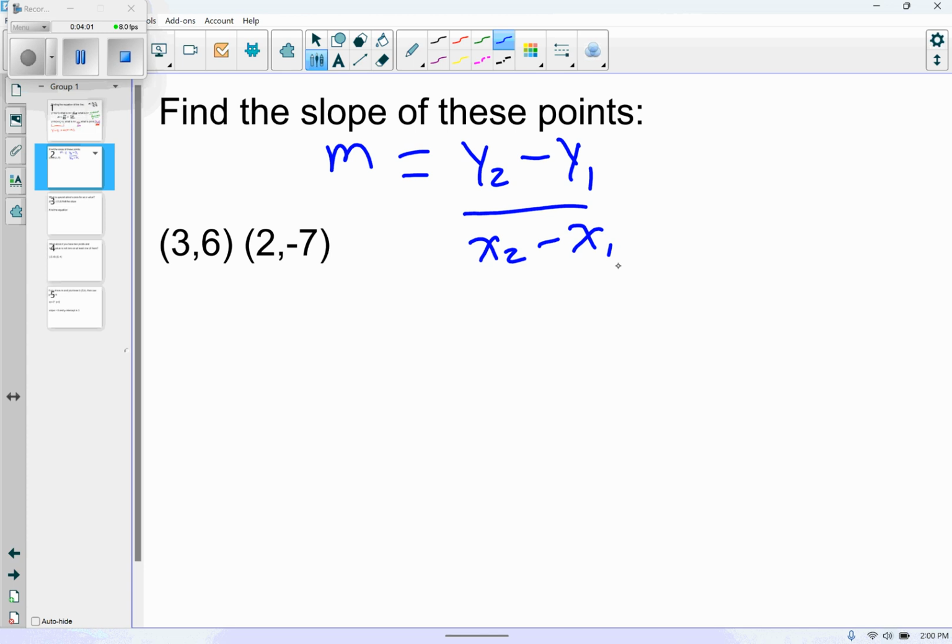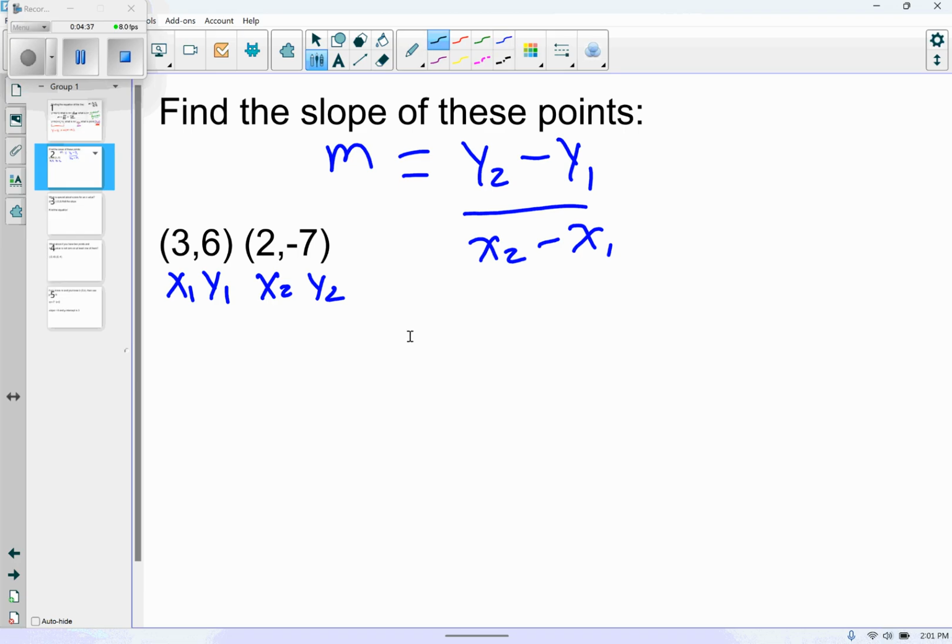So if I wanted to find the slope between these two different points, I have 3, 6 and 2, -7. So I'm going to call it just in order, x1, y1, x2, y2. Now, I'm going to tell you this. I'm not going to go through the math. If you had labeled this x2, y2 and this x1, y1, your answer is going to be the same. Okay? But if you just label on the left x1, y1, on the right x2, y2, then just plug them